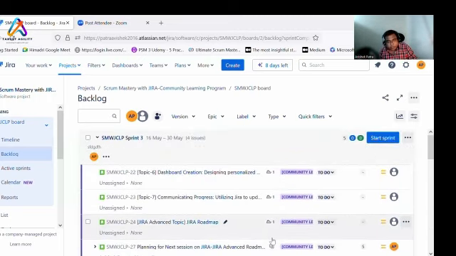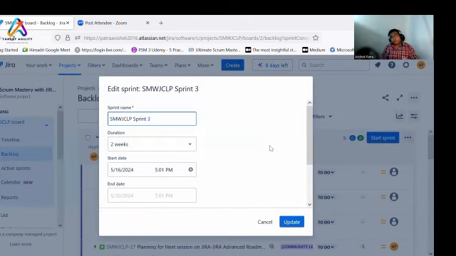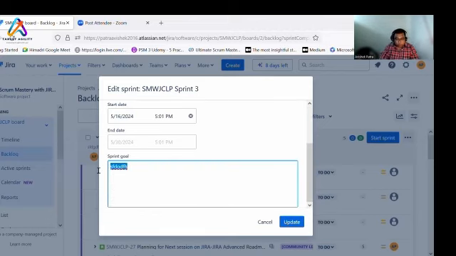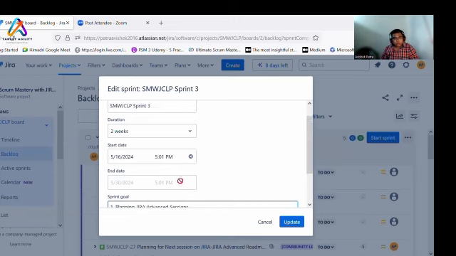Now I am in the sprint planning meeting. In the sprint planning meeting, first, what we need to do generally is define our sprint goals. So we will see what the business objective is that we discussed in the product backlog refinement session, and based on that, we will try to put in some goals. Planning, Jira advanced sessions, sharing the knowledge with a large forum. Whichever way you're comfortable, you can select this one.